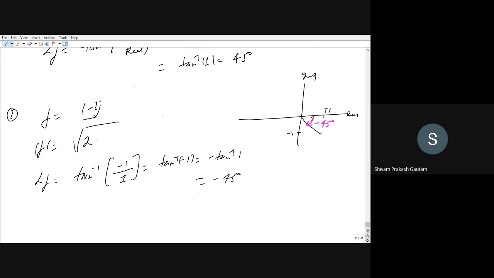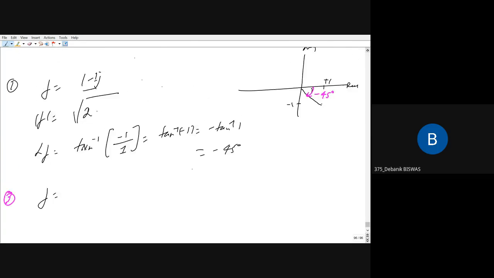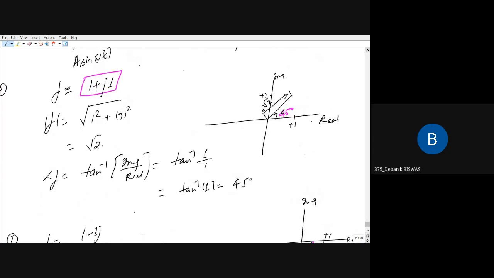Okay. Now the third function, we can encounter the third type of function where we can have...